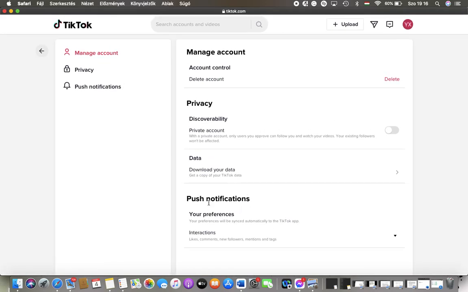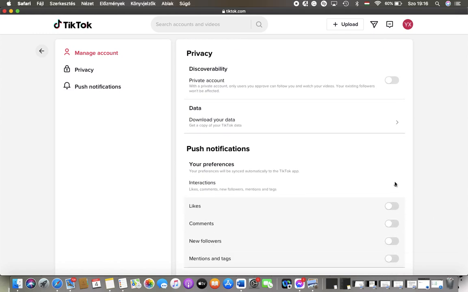Then you should scroll down to this push notifications section, and here you can see your preferences and the interaction section. So tap on this button, and here you can turn on these features such as likes, comments, new followers, mentions, and tags. So if you want to receive a push notification when someone likes your post, then tap on this button and it will be enabled, so you can continue with the other